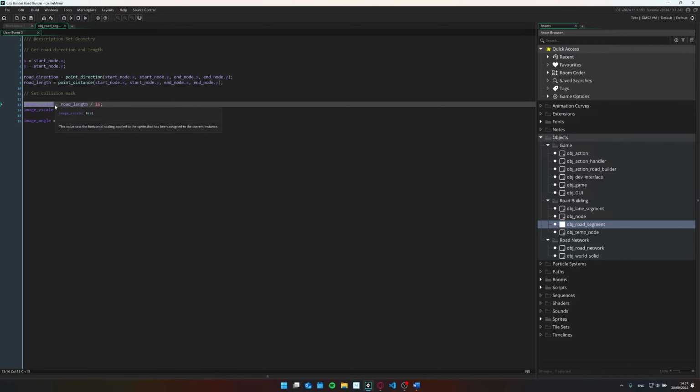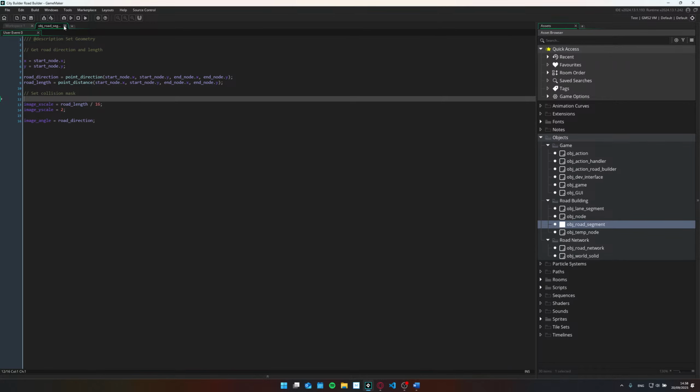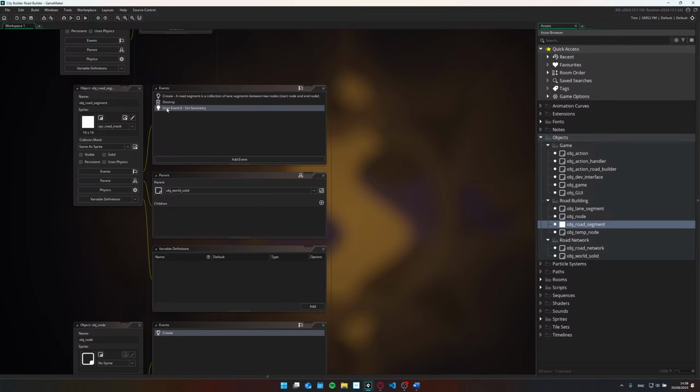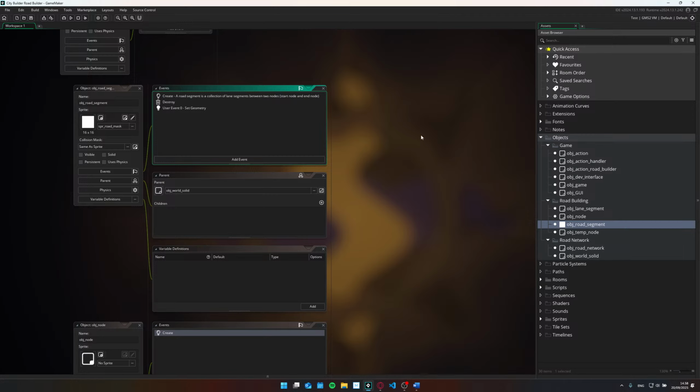So it sets its scale to the road length divided by 16 because the square is 16 pixels long. And then it calculates the road direction. Great. So it makes perfect sense. I think I should specify when this is called. The reason why this is done as such is because we don't want it in the step event, and we can't have it in the create event either, because sometimes we create the road segments and then we set the end node,